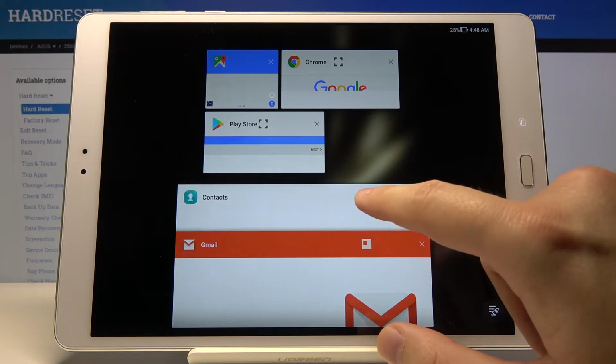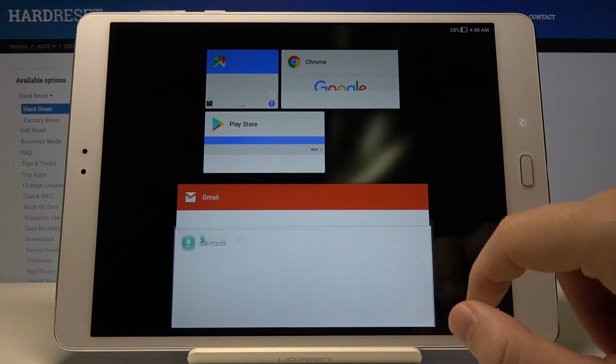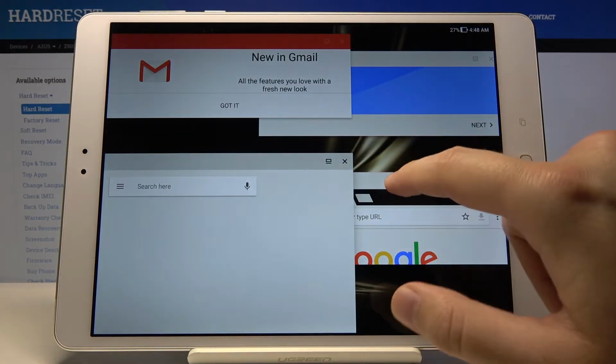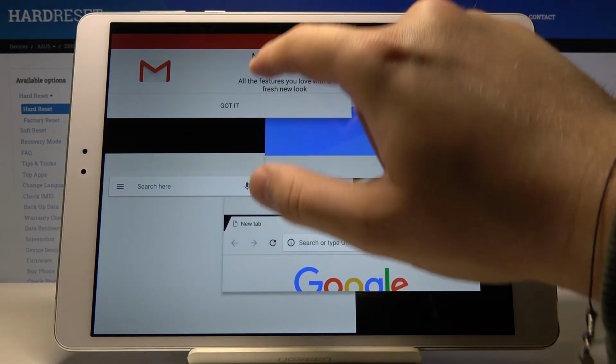Let's try with another, maybe contacts. Okay, as you can see, it doesn't work. Oh, the Gmail is working. So right now we have 4 applications on the one screen,